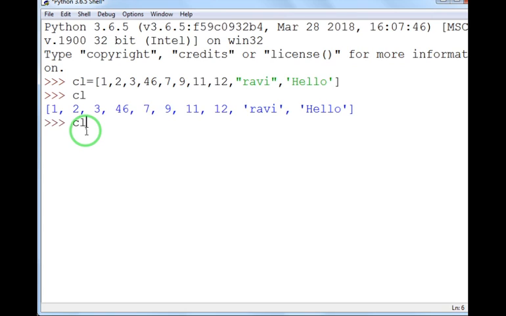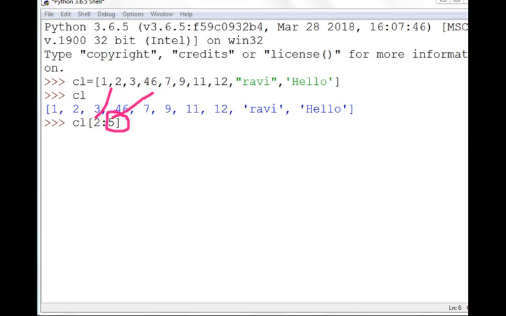If I give the command CL[2:5], here 2 is the starting index and 5 is the end index. So it will not display the value present at the stopping index, that is 5.